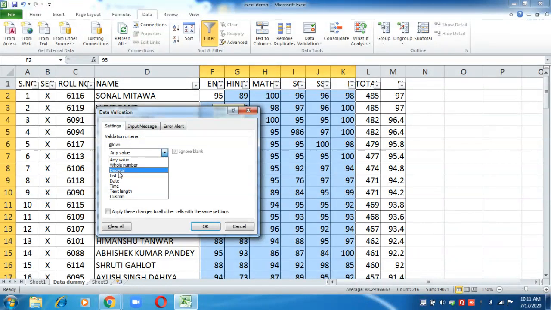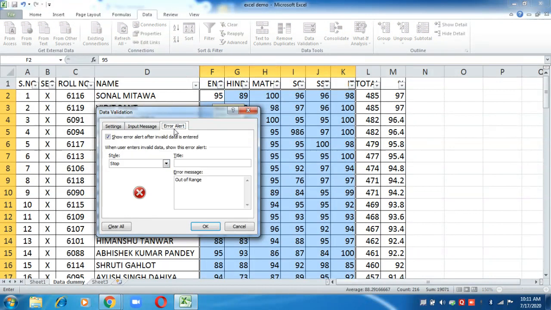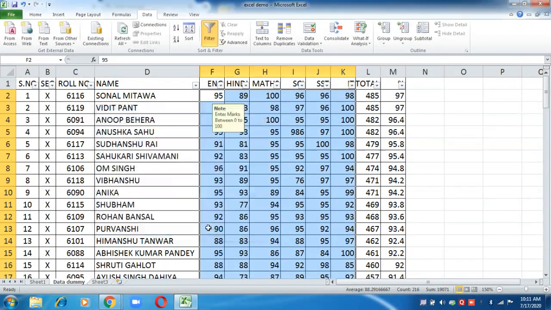Okay, here it is removed. Between 0 to 100. Error message is out of range. Input message is this. Okay, now let us check.